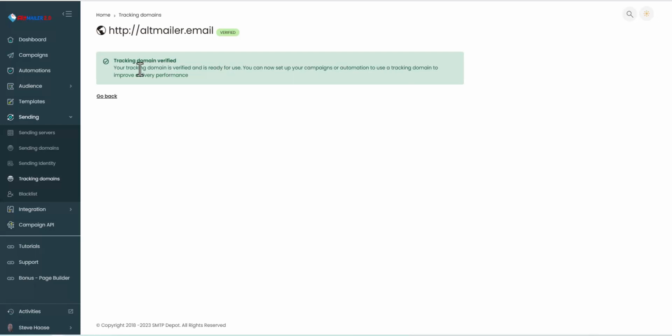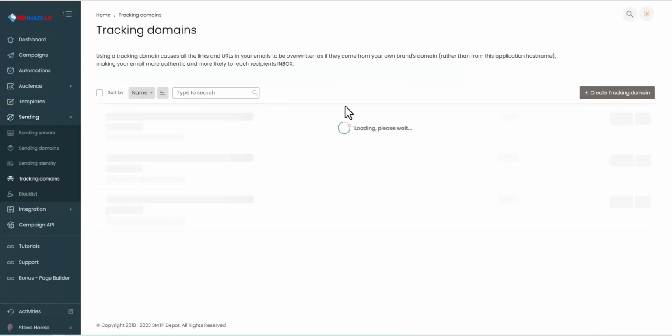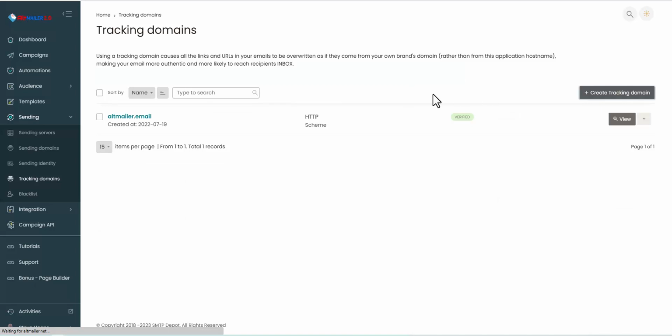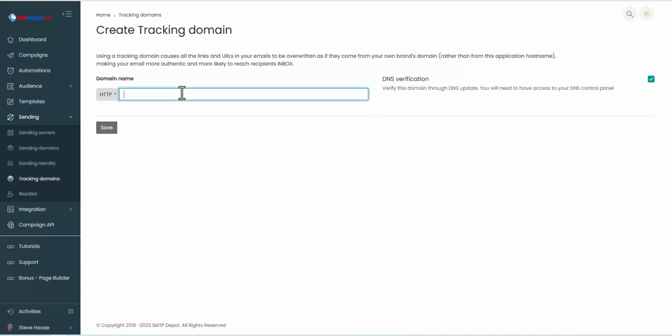It just says the tracking domain was verified. Go back. Oh well. Didn't expect that. But anyway, on the tracking domain, like I said, it tells you right here, using a tracking domain causes the links and URLs in your emails to be overwritten if they came from blah blah blah blah blah. You can read all that yourself. Basically all it's doing is verifying. So this would be your domain name. So let's just say test.com. Click save,